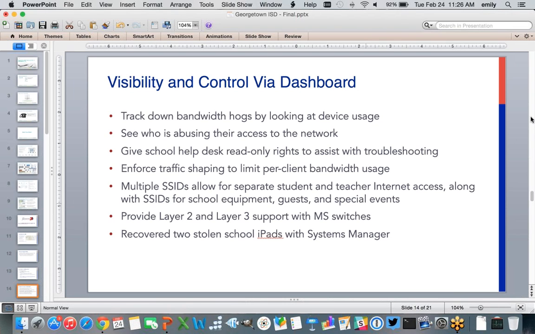Were there any surprising bandwidth consumption or app usage statistics that you weren't expecting that you saw? I don't think so. I think overall I'm very surprised just by the total bandwidth when I go in and look at that. But overall, not really.